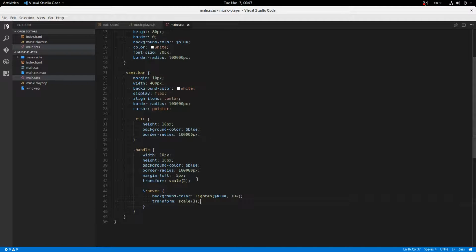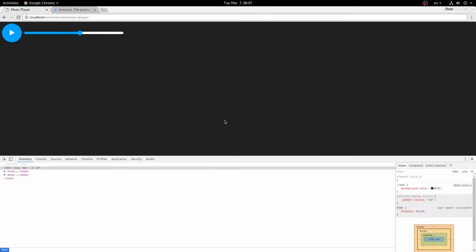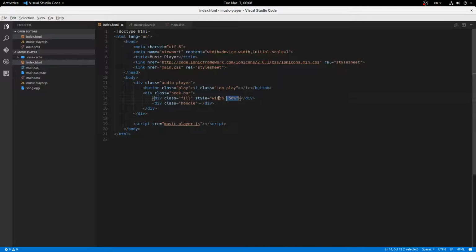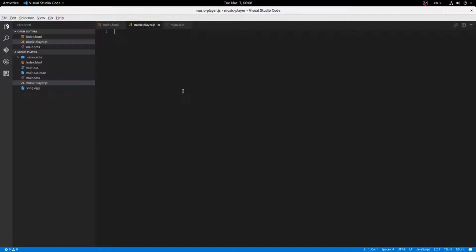And let's add a transition, all 0.1 seconds. There we go. That looks absolutely beautiful. Okay, that should be all for now, I believe, in the Sass, so we can remove that and move on to the JavaScript. Okay, so I have a song here, just called song.ogg, and I can say let audio equals